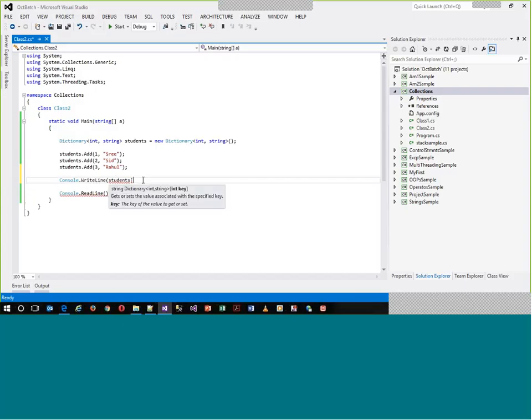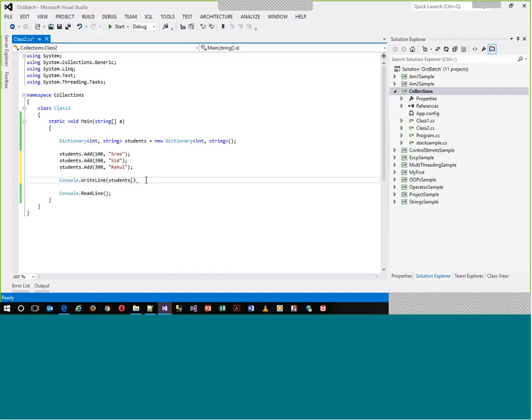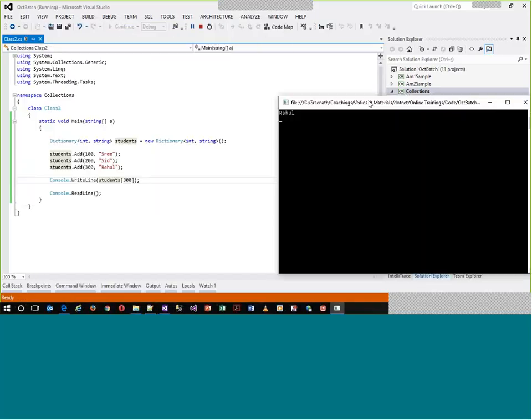When I say this, it's a key I provide. Let's say I'm going to provide 3. Don't get confused with this ID. It can be, let's say, 100, 200 and 300. It's not actual indices we are using. So let's say I'm going to say 300 for example, which means I'm providing a key and this will give me the value of it. When I run this program, you can see Rahul will come, because I am actually taking up the key of Rahul.